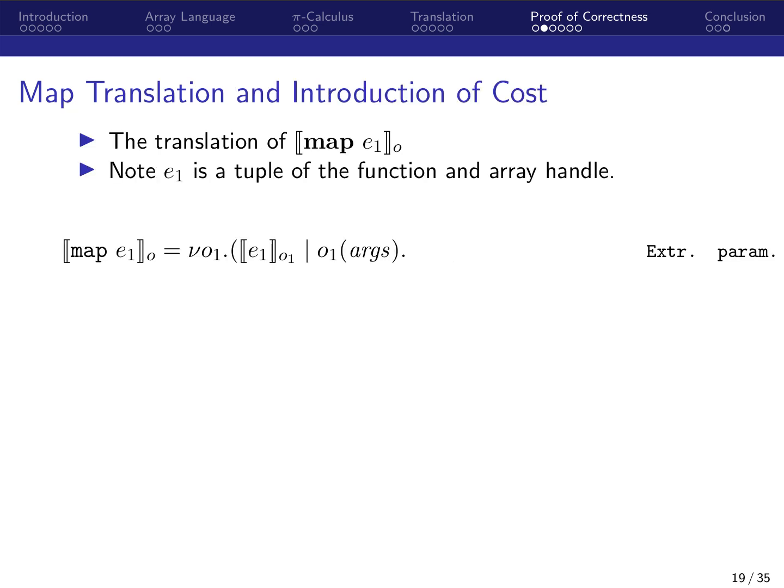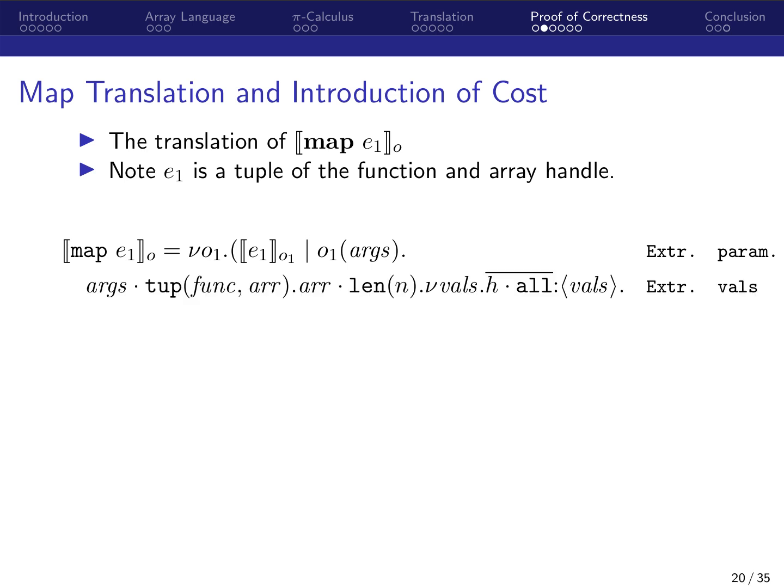Now, how do we translate map? We saw an idea of how that was supposed to be done. Now, suppose we want to translate map of E1, where E1 is supposed to be a function. What do we do? Well, we translate E1, and then we have result channel O1. We set up a result channel on which we can receive the arguments, and we set up the external values. We set them up here,